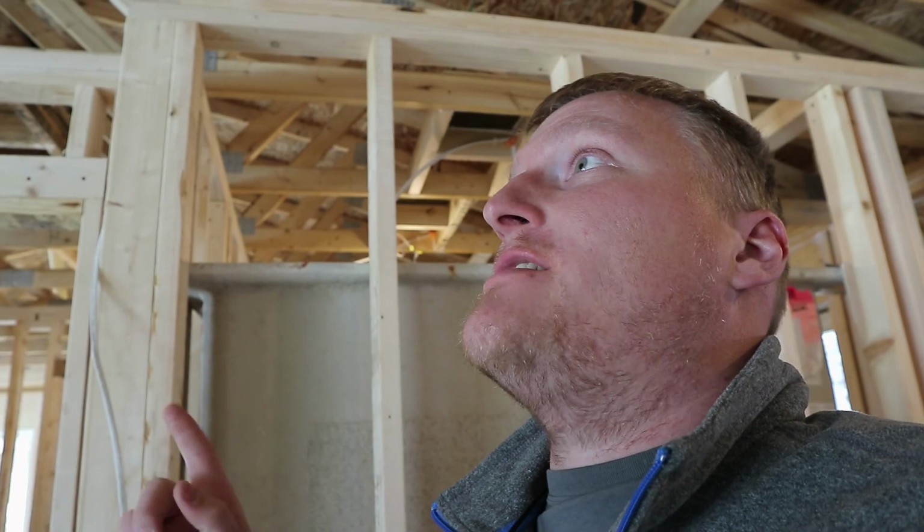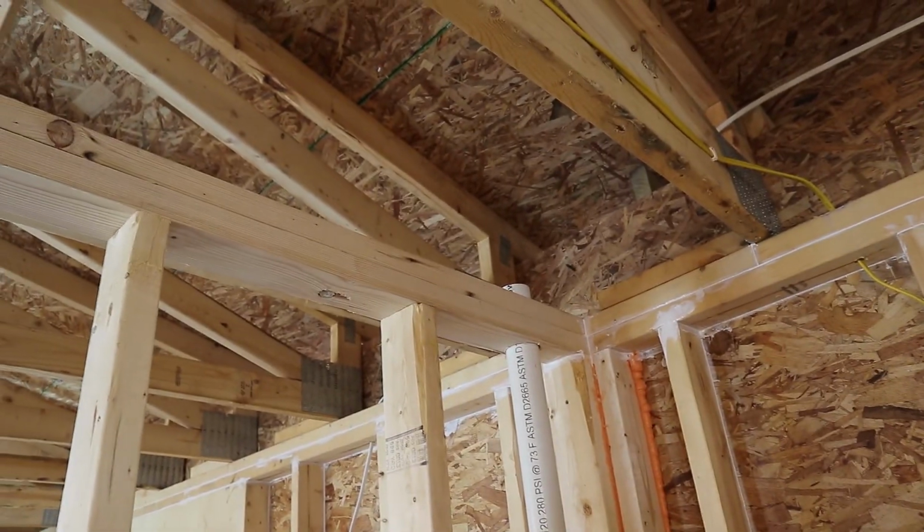Let's see. Before I put in the insulation, I need to do the plumbing vent, which is going to go somewhere up there, up through the roof. And I need to finish wiring all of my sconces